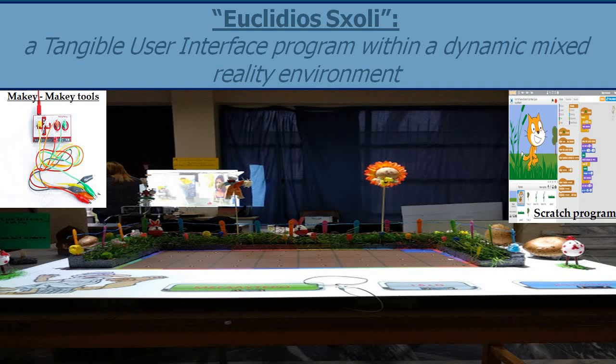For this program, the Scratch application was used in conjunction with Makey tools, through which a tangible interface was made. A three-dimensional model of a garden was created, where activities took place through virtual representations projected on the surface of a maquette. The scenario concerned children visiting the Euclidean school, where they engaged in activities associated with concepts of area and